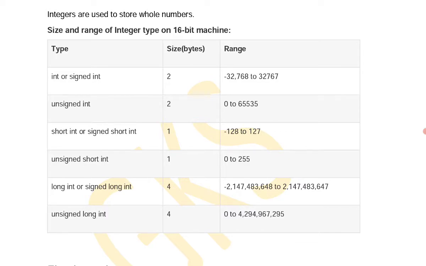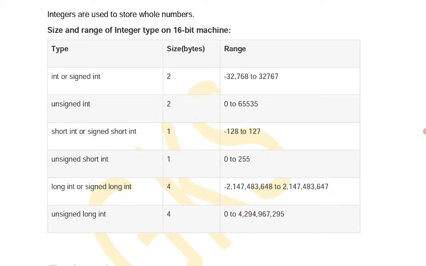Next, another data type is long int or signed long int. Generally, long int occupies 4 bytes of data or information, and the